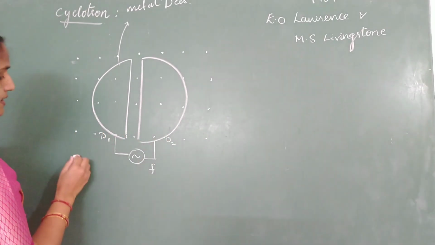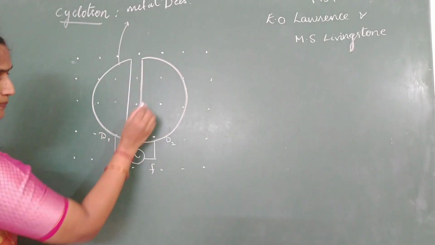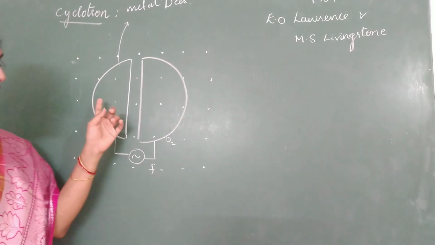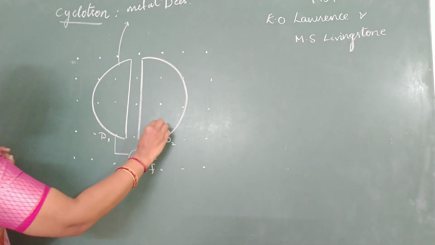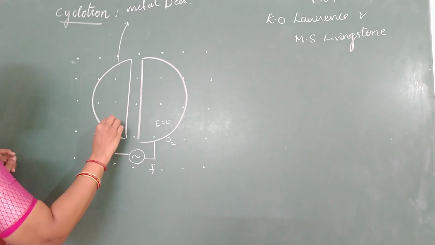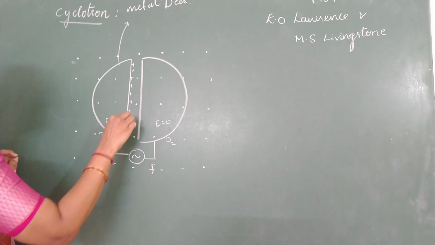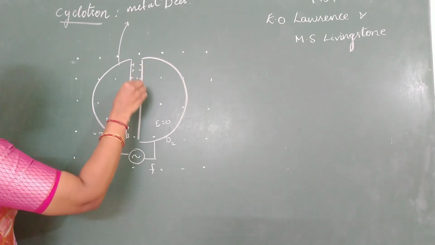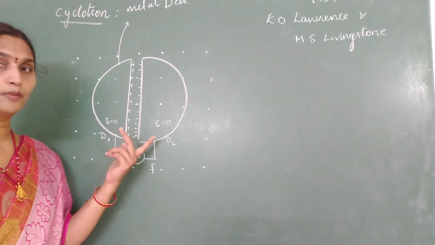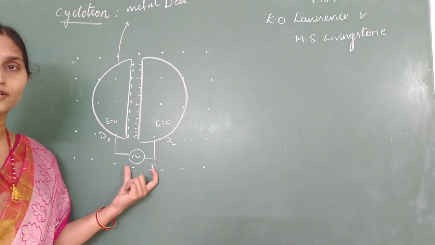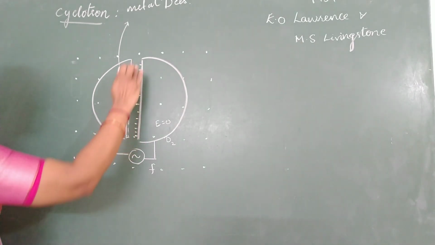Okay, now we have two fields. Electric field between the gaps, that means in the gap of the two Ds. We know inside the metal, what is the electric field inside a metal surface? Electric field inside this will always be 0. So there is an electric field in the gap, okay, between this positive and negative. Because I have connected an oscillator, the terminals keep on reversing at regular intervals of time. So there is an electric field only in the gap between the two Ds.